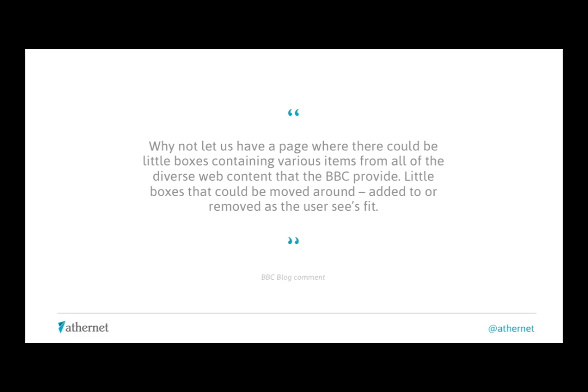Why not let's have a page where there could be little boxes containing various items from all the diverse web content that the BBC provide, little boxes that could be moved around, added to or removed as you see fit. Well, that's what they had. But it didn't actually work because nobody knew they were there. So that emphasises the point that they want it, but it needed to take a lot less energy to create